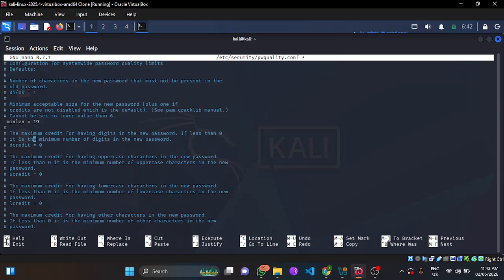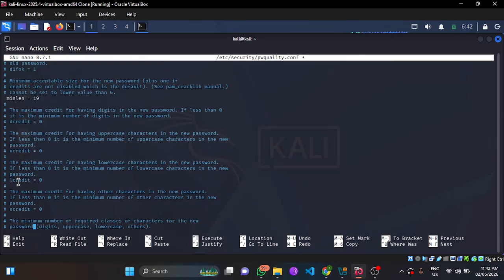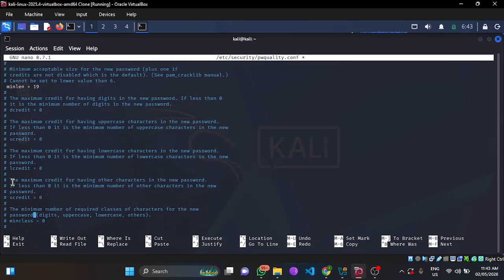Then for dcredit, as you see the explanation here, the maximum credit for having digits in a new password. So we can go ahead to disable that. We can go down. You can see the maximum credit of lowercase. So we can set the minimum lowercase. We can set the minimum uppercase for our password. You can set the maximum